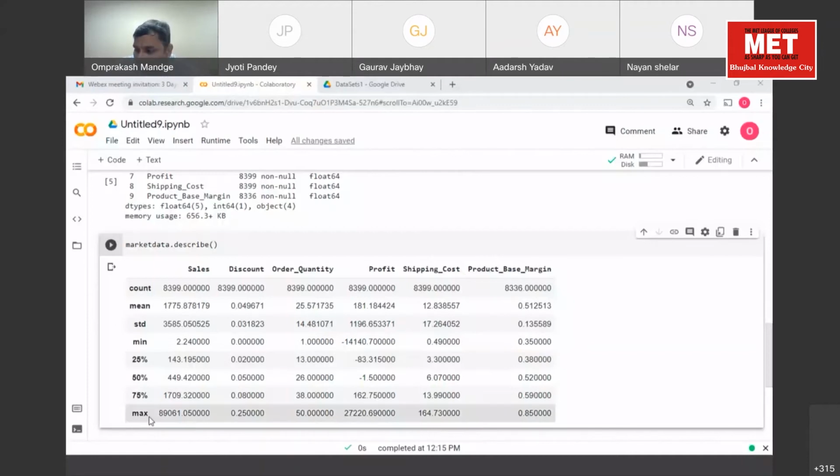So what it is doing is, for every column... Hello, sir, I'm getting an error in the first part. In that, market data is equal to pd.read, and in that link, where do I copy that? Have you mounted your drive and have you uploaded the file? Yes, sir. Can you share?